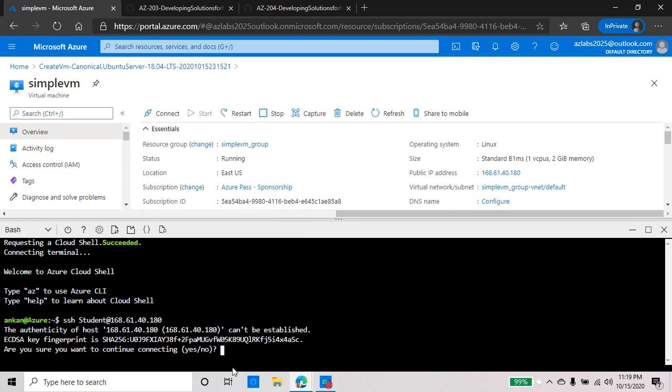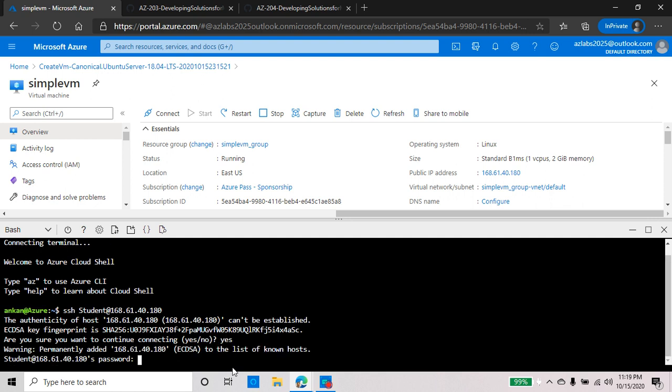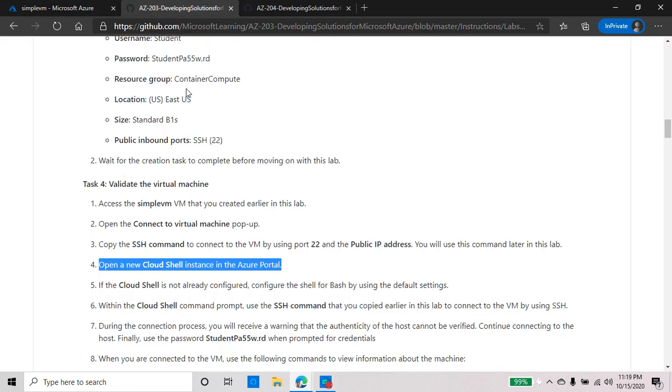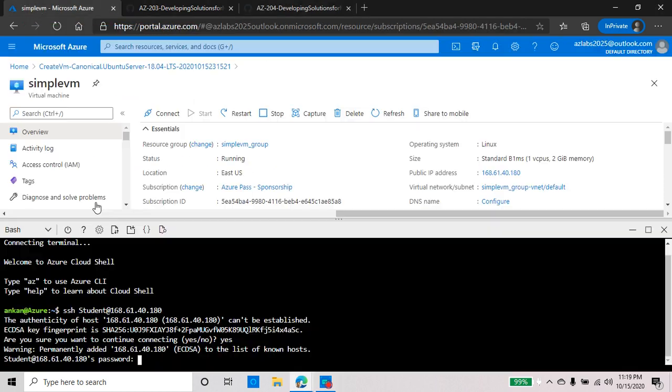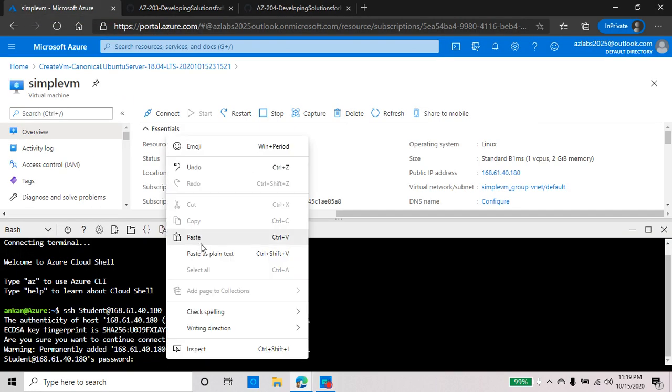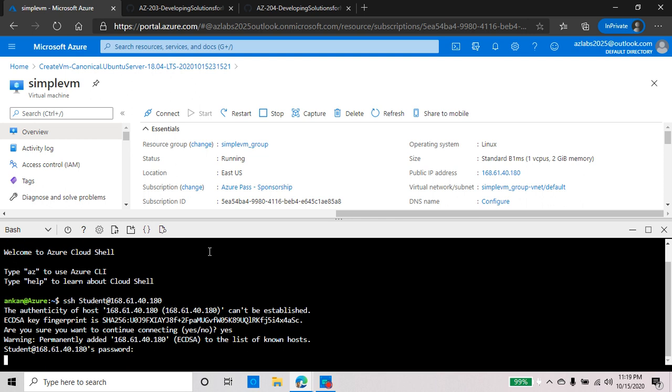hit enter, and it's asking whether I trust the key. I just say yes, and now it's asking for the password, so let's copy the password from here so that I'm not mistyping anything. Copy, come over here, paste the password and hit enter. If everything is good,